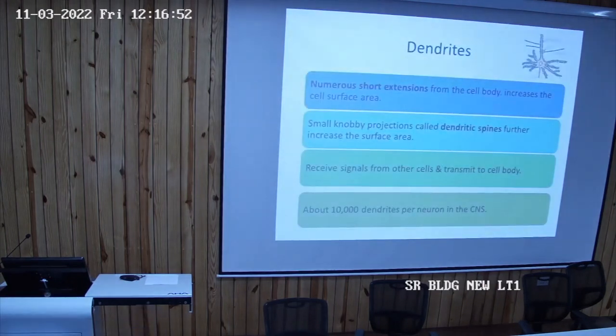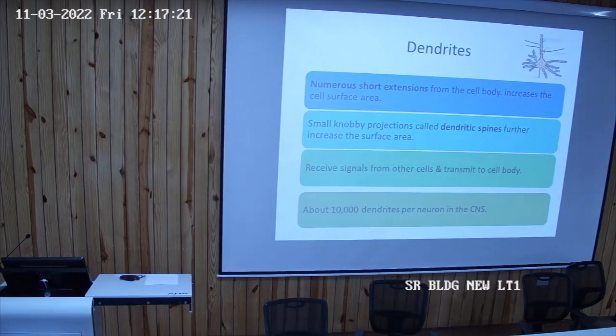So coming on to the dendrites, the thought processes हैं, obviously these are the receptive zone, और receptors हैं, these are the small knobby projections, these are the cell body, और ये चारों तरफ में क्या है, इसके dendrites हैं. Dendrites के ऊपर में भी क्या होते हैं, they are having spines over it. Okay, that is called the dendritic spine. What is the purpose of all this? They increase the surface area.